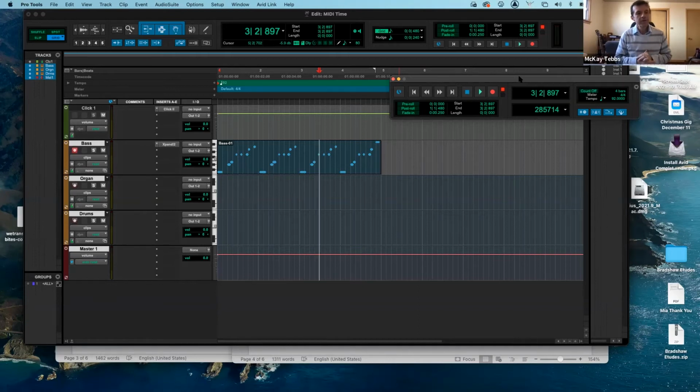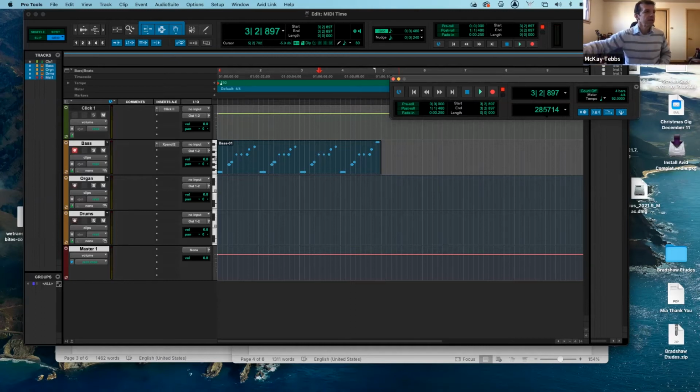So one thing you always want to do when you're working with MIDI is after you record something, you want to quantize it. Quantize is a fancy way of saying it puts it all into time, so it will be right on the beat and right lined up with everything. So right now my timing is off just a little bit. But the cool thing about MIDI is it can snap things right to the grid, right to the bars and